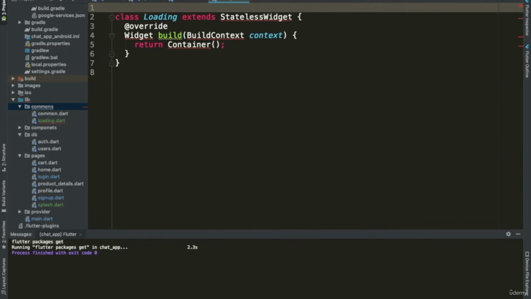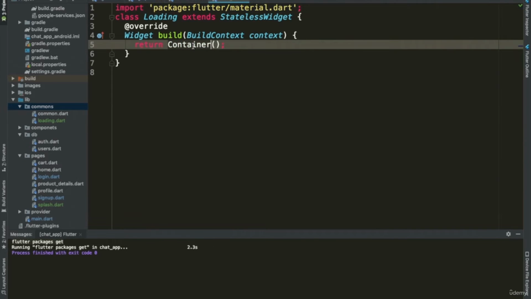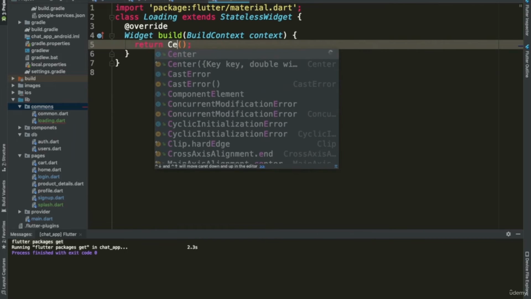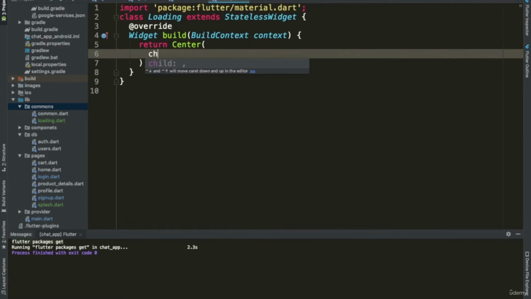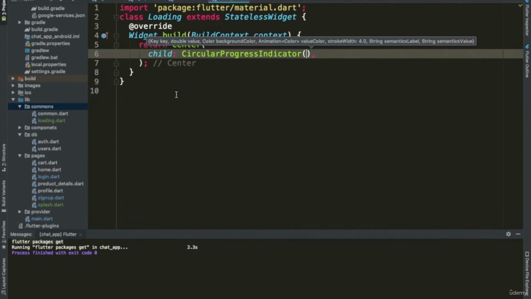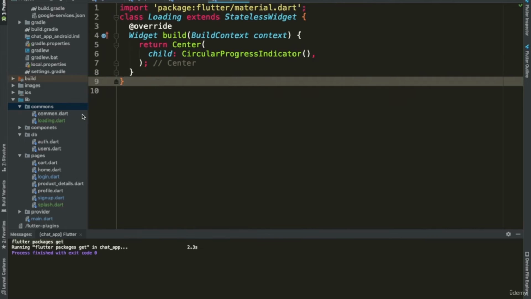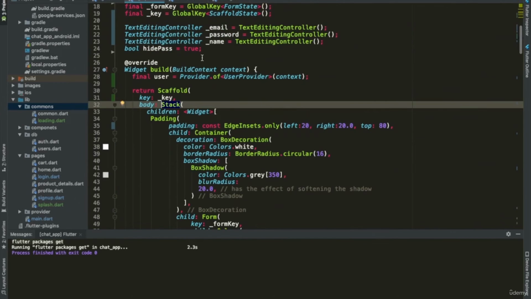This is just to make sure we don't have to write circular progress indicator every time. You can just call this widget. So just provide the center, and the child of our center is going to be circular progress indicator. That's all we want. And going back to our sign up,